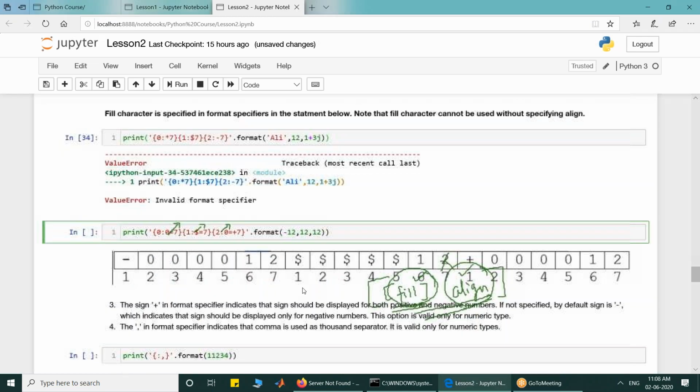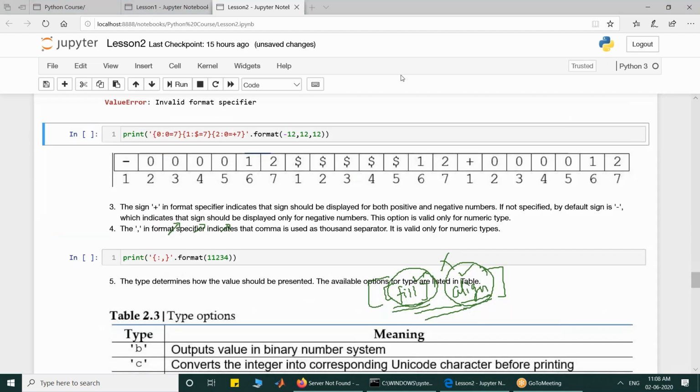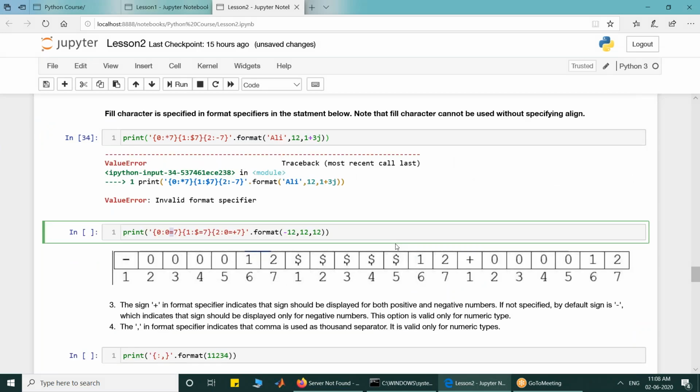So look at the next part. Print 0, 0 colon equal to 7, dollar equal to 7, 0 plus 7. So what does that mean now? Another thing: plus says that by default, if a number is positive, we do not get a positive sign in the output.